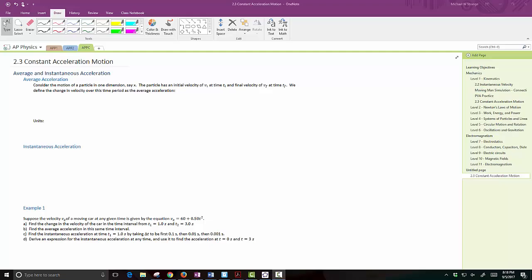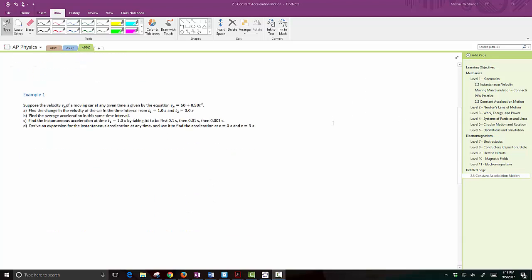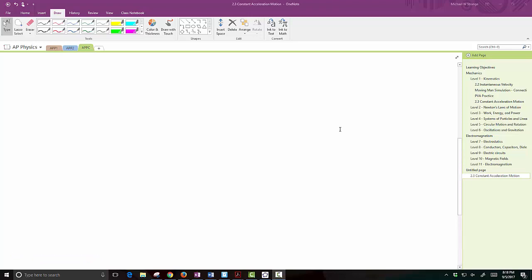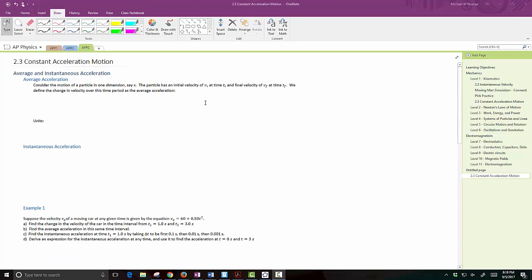Hey guys, so let's talk about acceleration. First we'll talk about average and instantaneous acceleration, do an example, and then we can move into motion with constant acceleration. So average acceleration, let's just say that we have a particle that's moving along